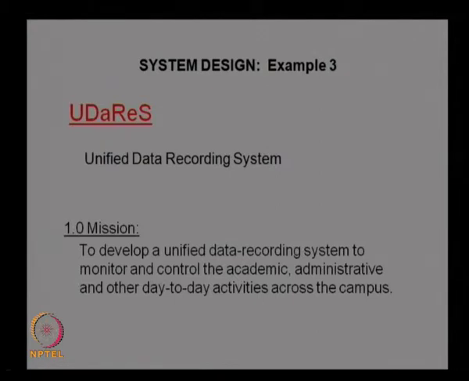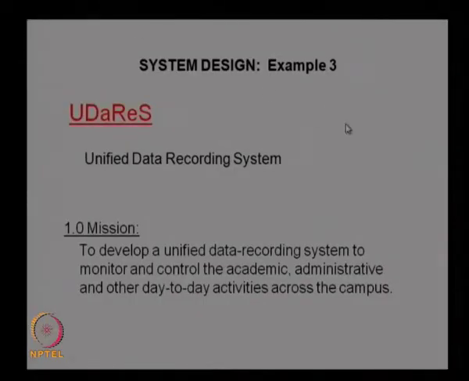Again, this is developed for practical application on the campus. So when you have a unified data recording system which can be integrated with various activities of the campus, that becomes a complex system where we need to record a lot of data from various sources like student attendance, faculty and staff attendance, as well as their salary details, the type of projects taken up by the faculty, and all other administrative functions and academic activities like registration of courses, allotment of slots to the courses, timetable management, and registration of PhD, MS and other research projects.